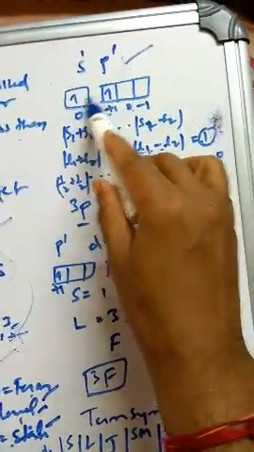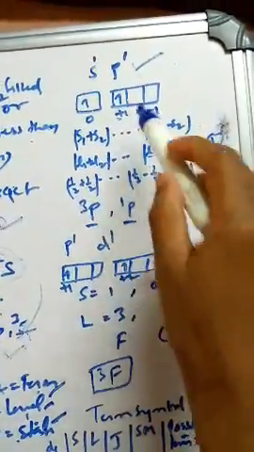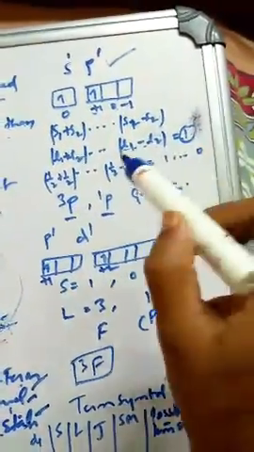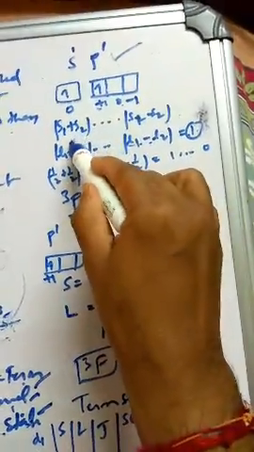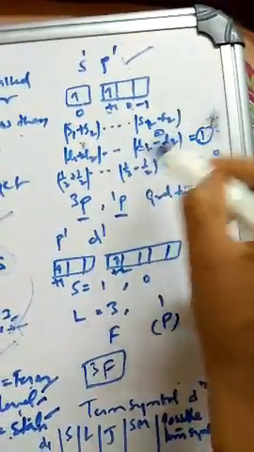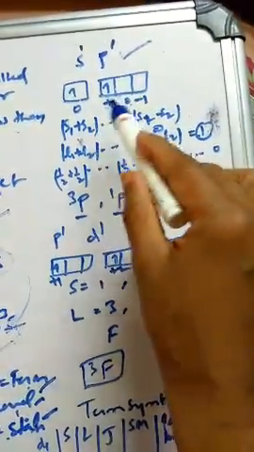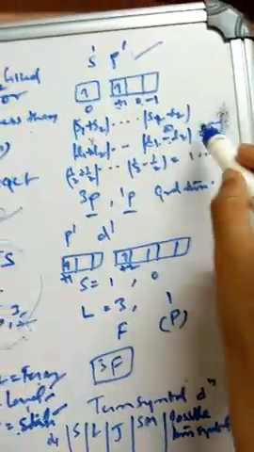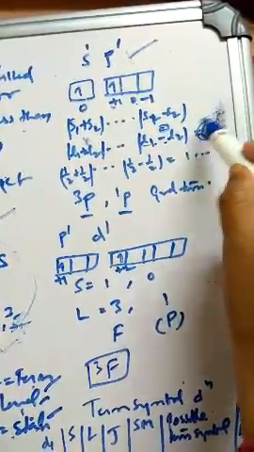So S1 + S2: 1/2 + 1/2 is equal to 1, and 1/2 - 1/2 is equal to 0. So we got two S values here, 1 and 0. Similarly for the L value, 0 + 1 is 1, and 0 - 1 is -1. With the mod, we get 1 as the L value.